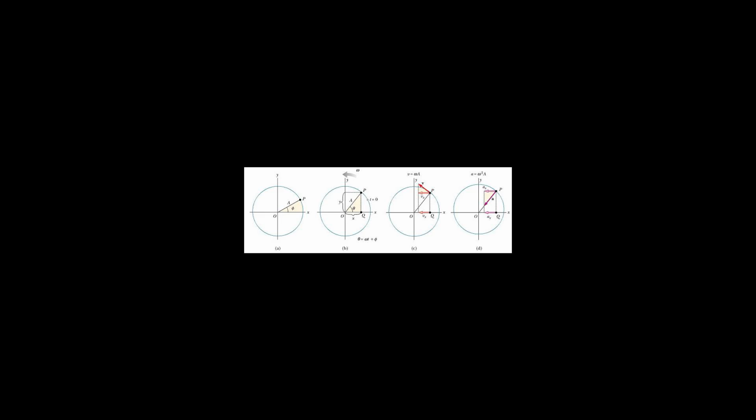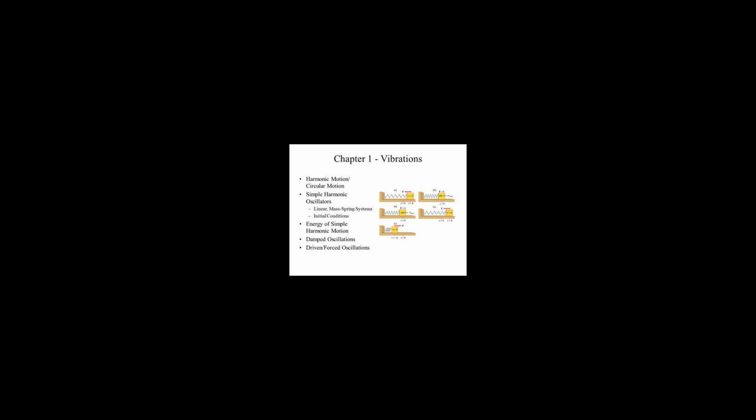F_net = m d²x/dt² = -kx, where m is the inertial mass of the oscillating body, x is its displacement from the equilibrium, or mean, position, and k is a constant, the spring constant for a mass on a